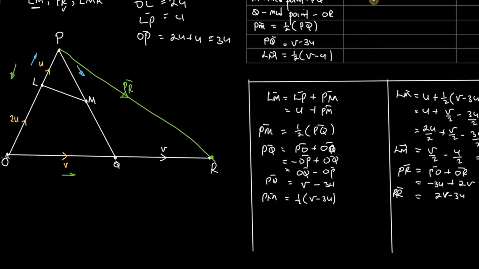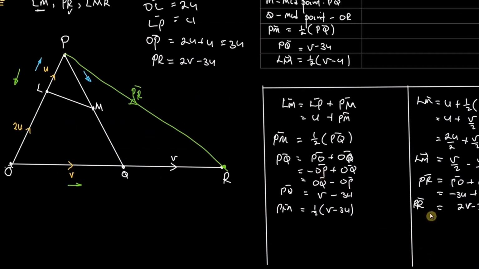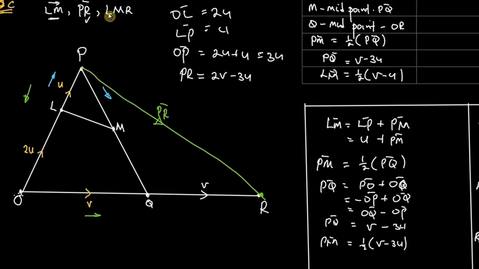So let's stick that in here as another term that we just found. So we have the vector PR is equal to 2v minus 3u. We will need this result later, so let's leave it there for now. Finally, we're asked to show that the points L, M, and R are on a straight line, or simply put,